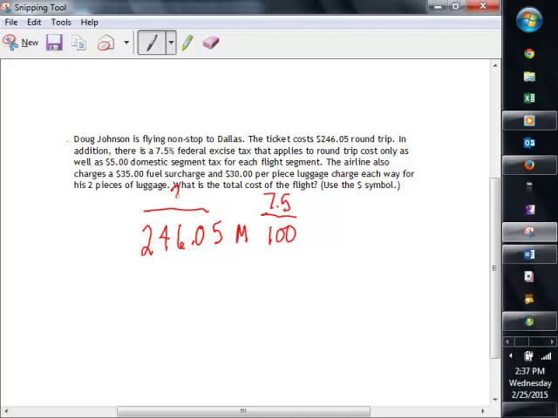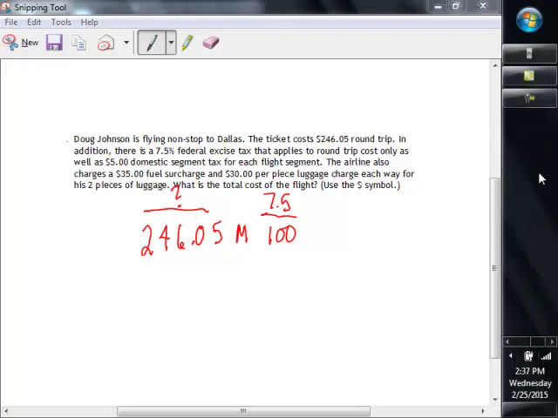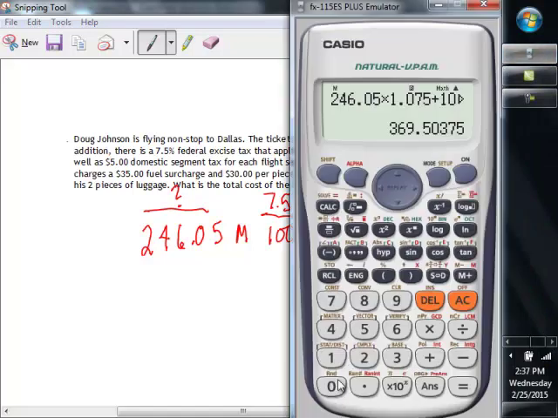Let's figure out how much the tax would be. You need to take $246.05 times 7.5 divided by 100, which is